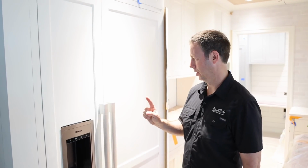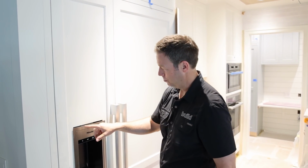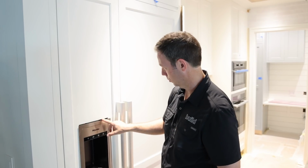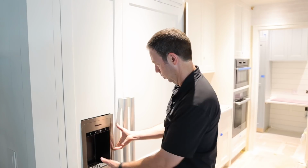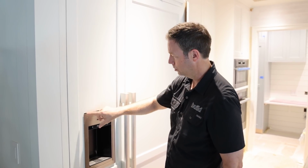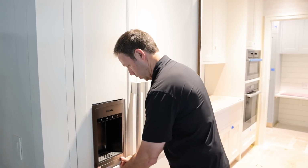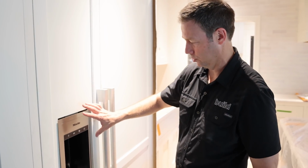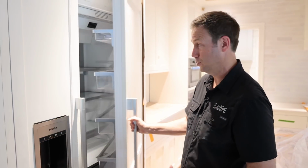One mistake I made, this is my built-in fridge and freezer. I messed up my panel, so I gotta fix this. We got some trim basically on order that will fix this, but the recessed panel here didn't quite fit with the way the Miele ice maker on the door fits. So I need to do a little work here, but since the power got on and the lights are on,